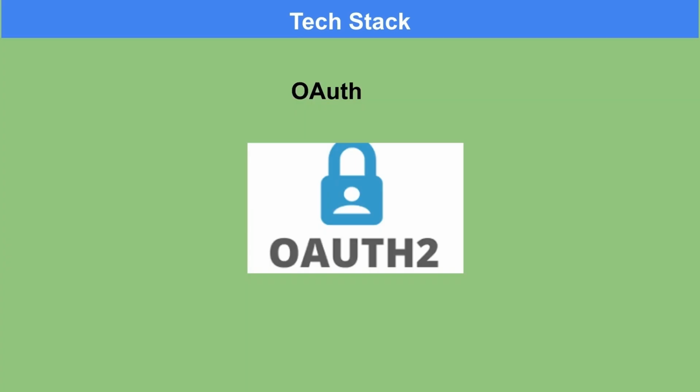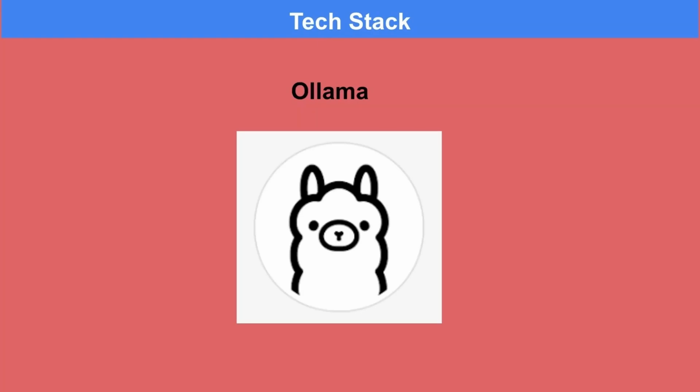OAuth. Standard authorization libraries are used to secure and manage user credentials, allowing the application to authenticate with the YouTube Data API without directly exposing sensitive passwords. Ollama. This engine runs on the local machine to host and serve the large language model Gemma 4. It provides a local API that the MCP server calls to generate intelligent video insights without sending data to the